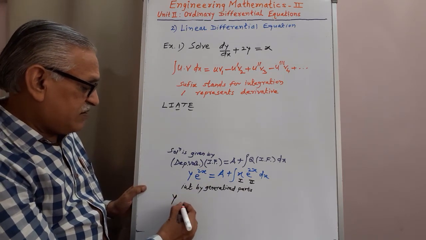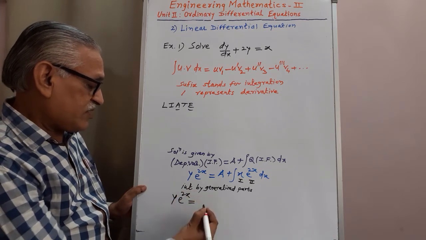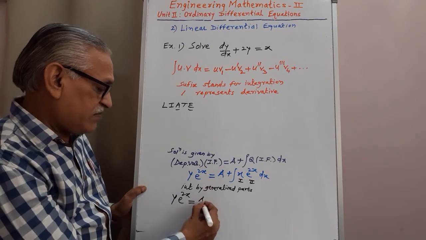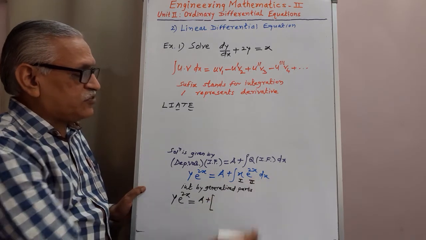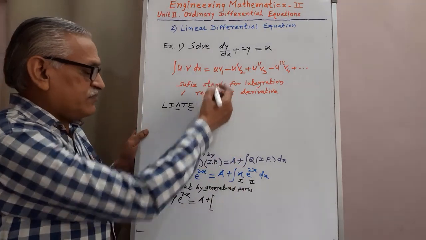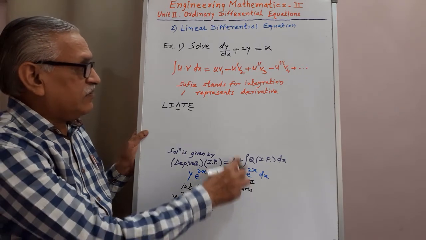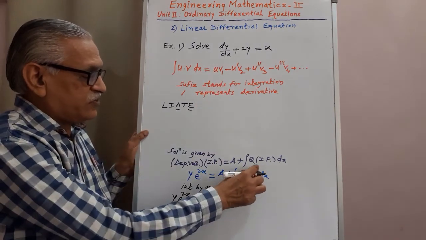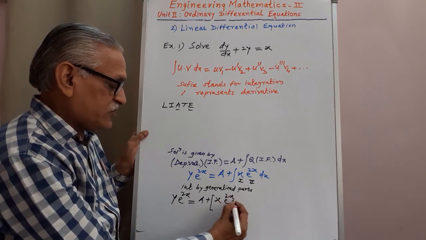It is y e raised to 2x is equal to a as it is, plus performing the integration of this term by generalized parts. First term as it is, v1 means the integration of e raised to 2x. Therefore, integration of e raised to 2x is e raised to 2x by 2,